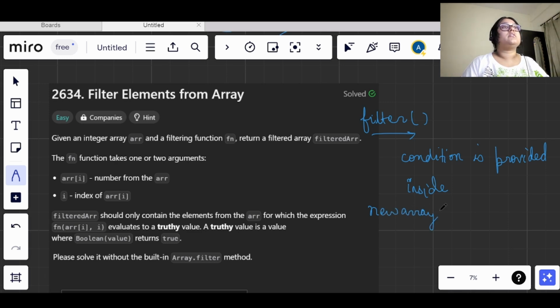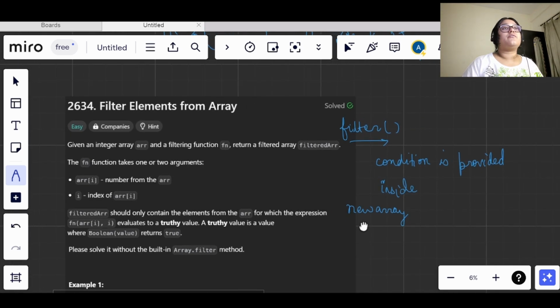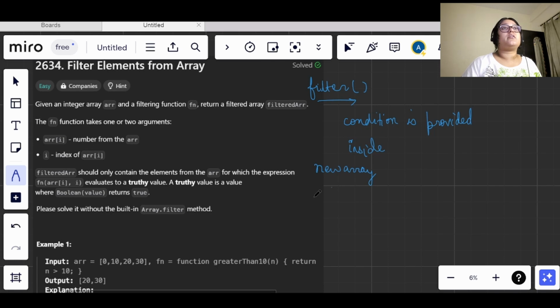Let's first see the important features of this filter method. The first important thing is it returns an array, and the second important thing is it checks a condition and returns values according to it.